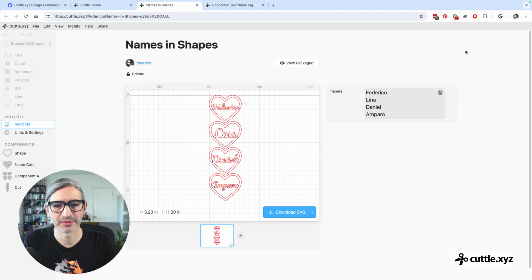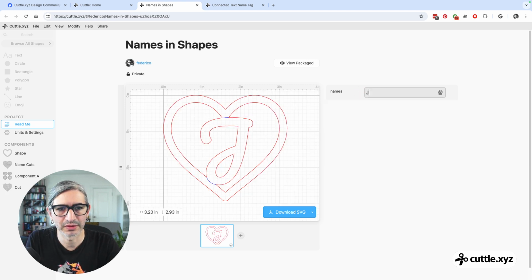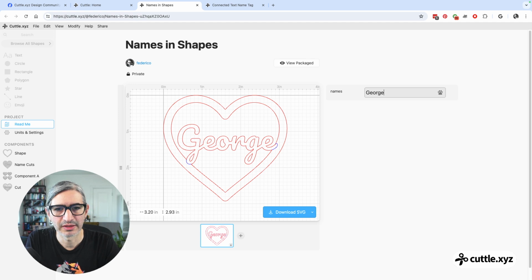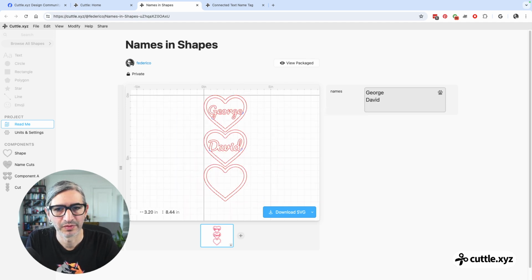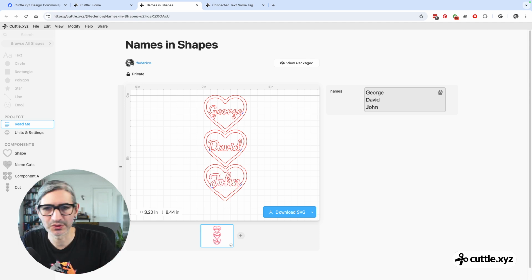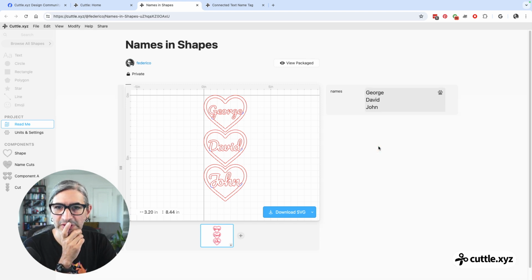And so now I can just type any names here. So I can type something like George. John. And then every time I type something, it's just going to generate a new shape. So, cool. Hopefully,